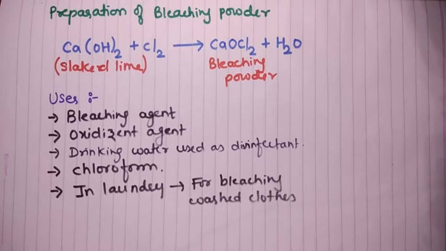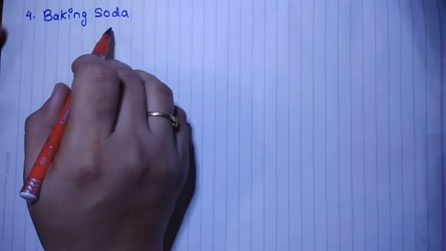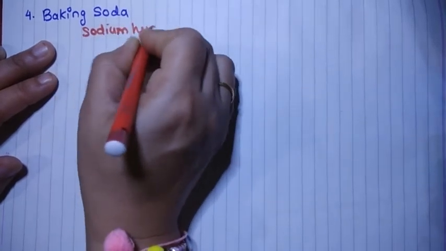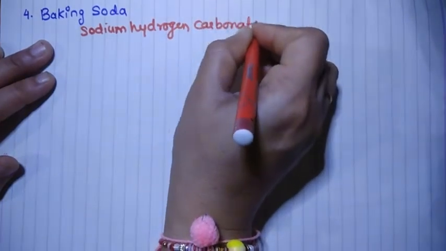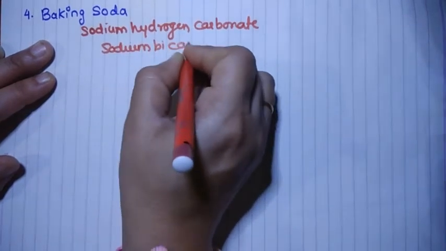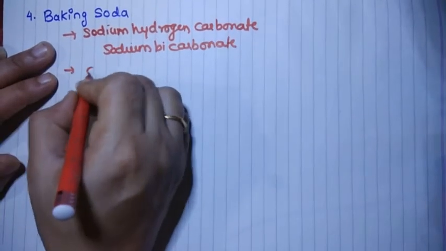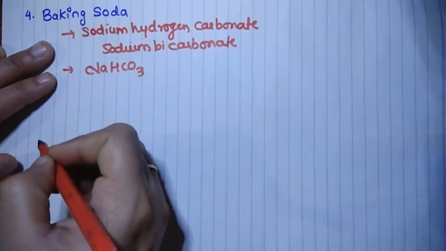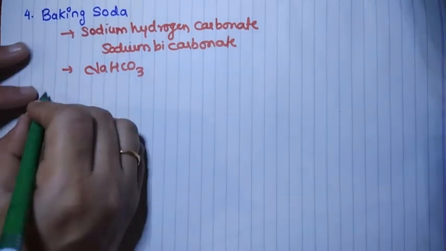Now let's talk about baking soda. It is also known as sodium hydrogen carbonate or sodium bicarbonate. The chemical formula of this is NaHCO3. If we talk about its preparation, we can prepare it by using